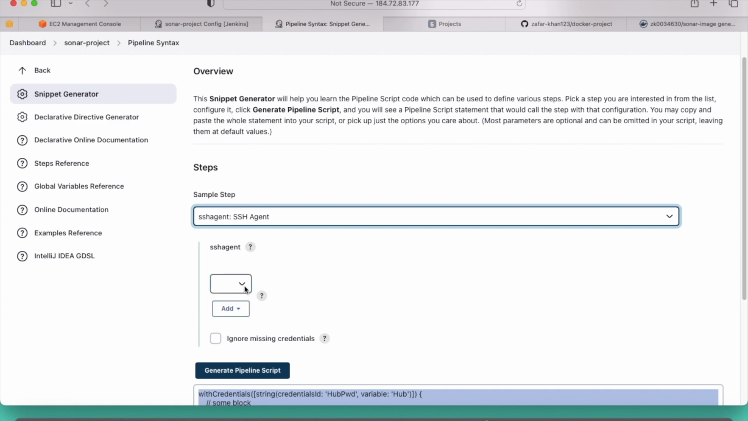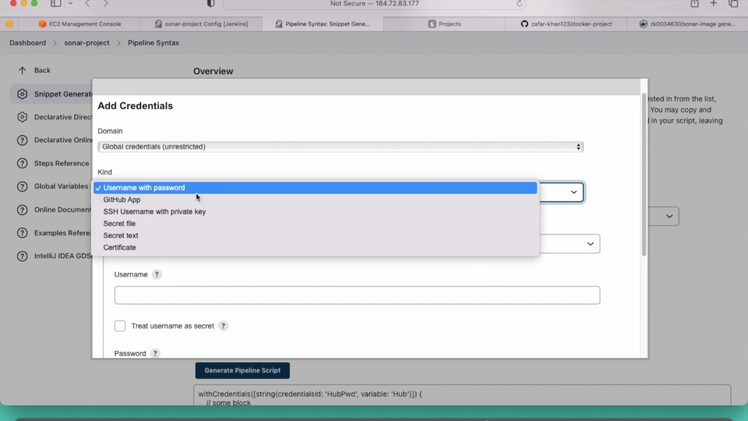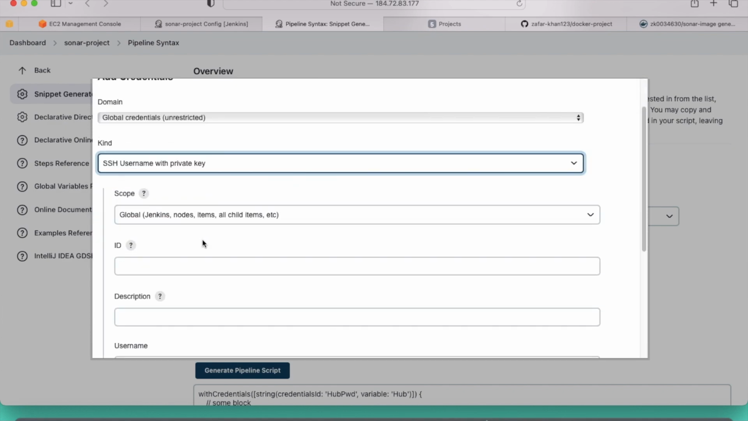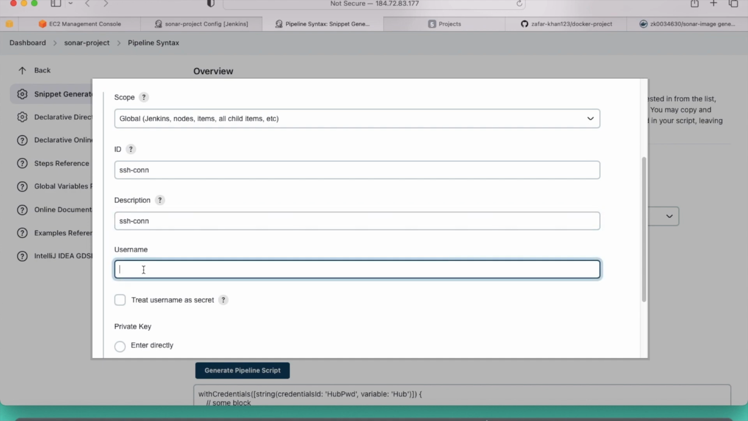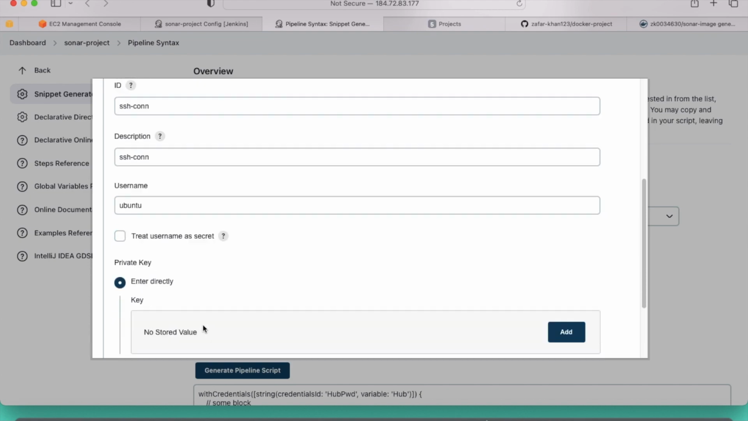Okay. So SSH agent we have clicked. Then click Add, then Jenkins. It will open another box, and select SSH username with private key. Here you need to put the ID and a description. You can put any name, but I will put SSH connection. Description I will put the same over here, and then username. Our server username is ubuntu, right? So we'll put ubuntu over here,